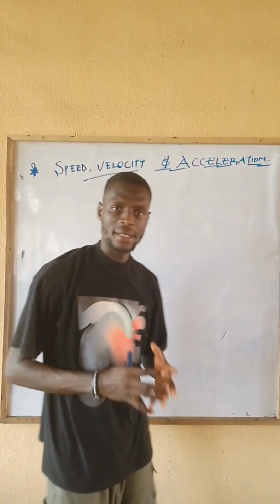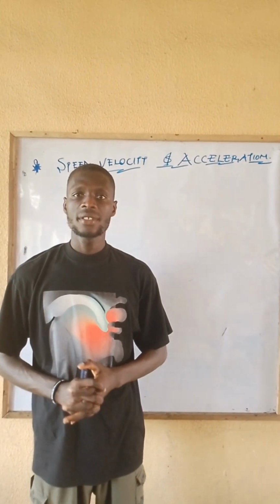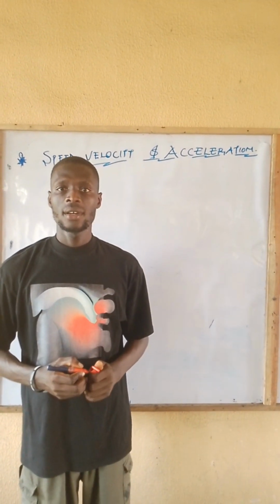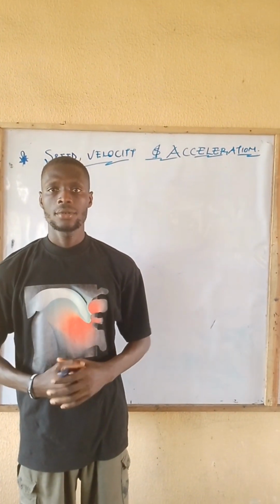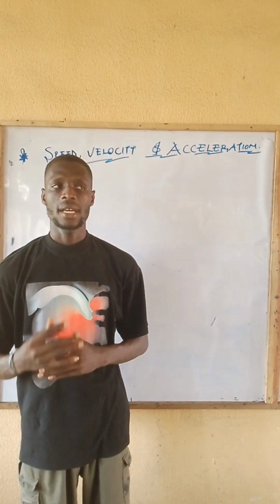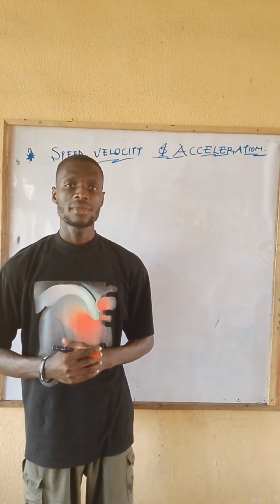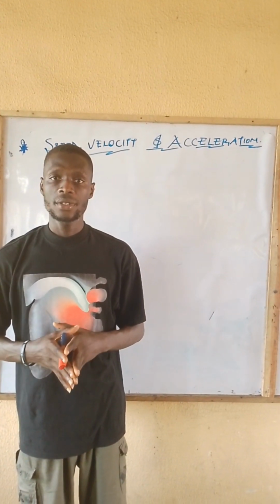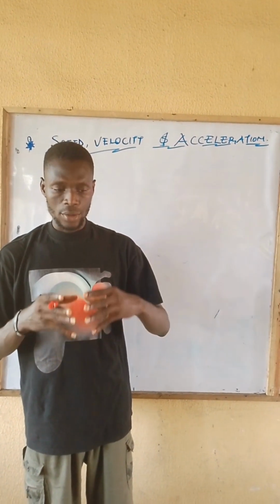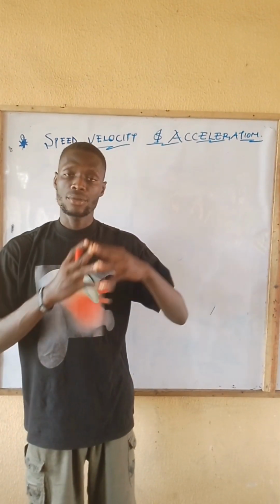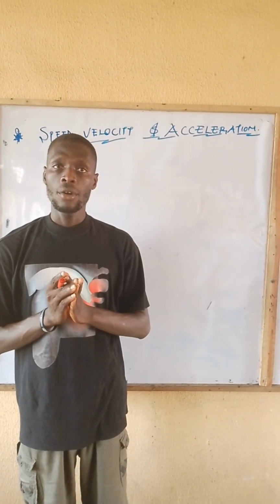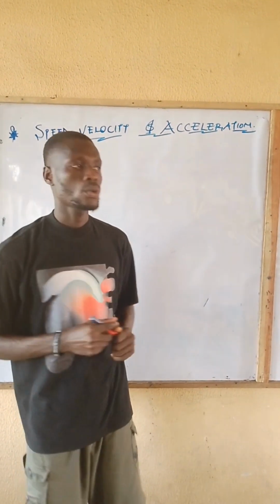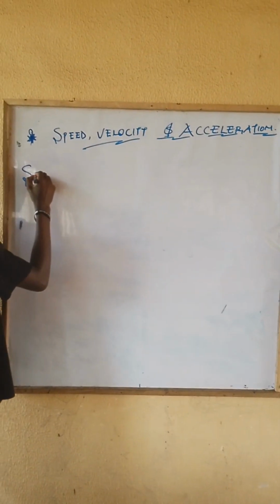Now, when you talk of speed in physics, it is defined as the rate of change of distance with time. That means as a body is moving from a particular region to another, the rate of change of the distance moved by that body with respect to time. So now, when you say speed